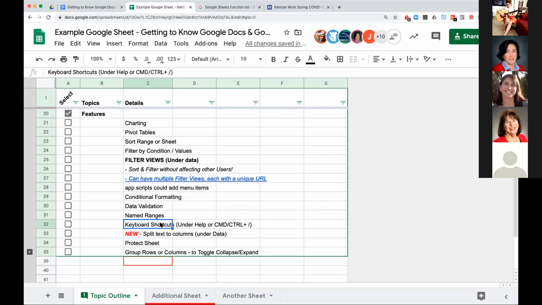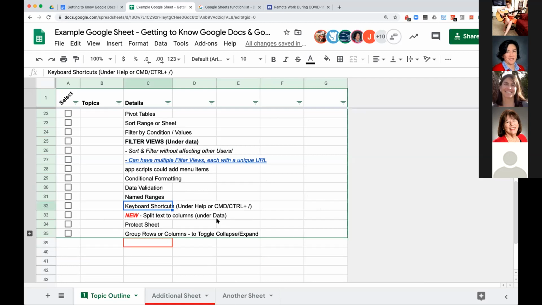Definitely keyboard shortcuts. I recommend learning some of those. They do make your life go a little faster. Another interesting thing I literally just learned, because I did not know this was available, is something called split text to columns. The reason that I find this helpful is a lot of times you might be pulling data into Sheets or Excel or whatever, and it's in text format or CSV or something, and it's not formatting very well, and everything's in one long blob in one column.